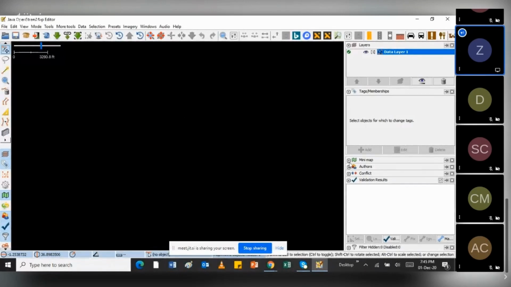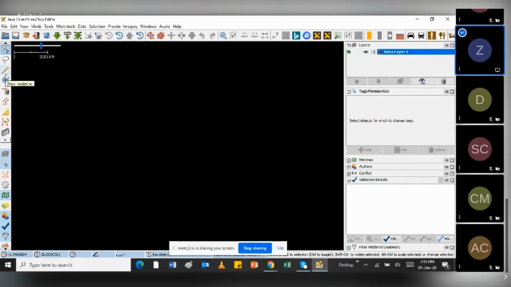Then the other tools that you can also add on this other side. So if you want to see the mini part of the map that I'm working on, you can add that. Then we have the validation panel. If there's an error with the data, this is where the errors will appear. I can pop it out, see what the issues are, and then be able to solve them.